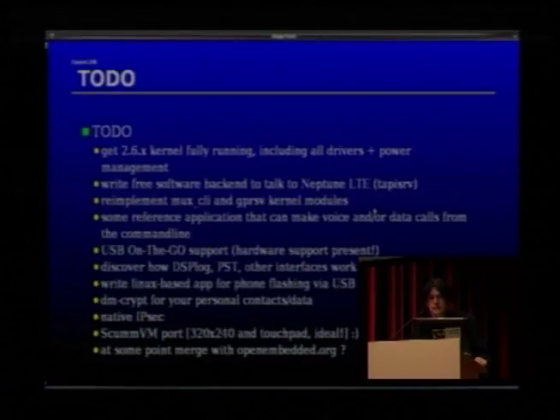Obviously, we need a free software backend to talk to the Neptune LTE, so you can actually make calls and so on. I can show you dumps of how it looks when incoming calls are received and how to parse the incoming caller number and so on. But there's still a lot of work to do in order to use the phone part of the phone